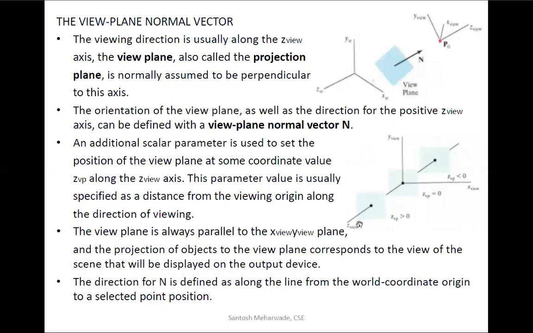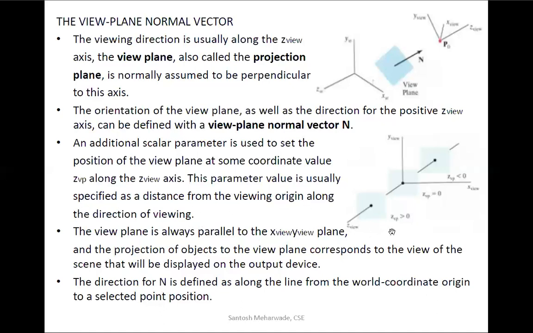If Z view is positive, we are near to the viewer; if it is less, we are far from the viewer. Whereas x view and y view are always the same. This parameter value is usually specified as a distance from the viewing origin along the direction of viewing.